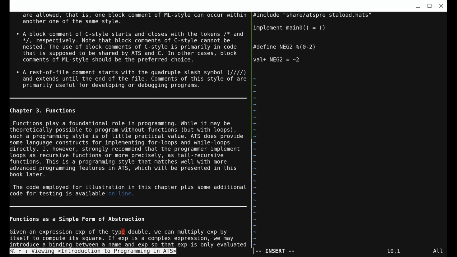Anyway, Chapter 3, Functions. Functions play a foundational role in programming. While it might be possible to program without functions, you wouldn't want to do that. ATS lets you do for loops and while loops directly, so that would help with programming without functions. But the recommended style is to use functions and to do your loops with recursive functions or tail recursive functions